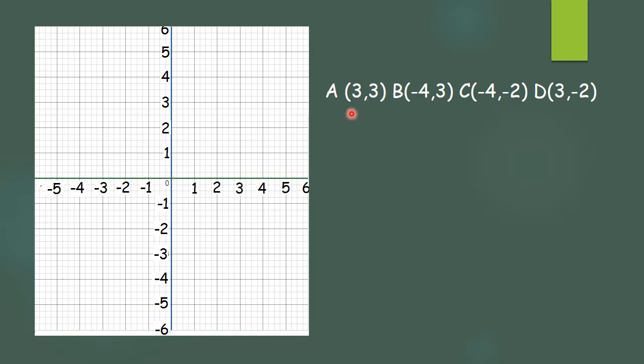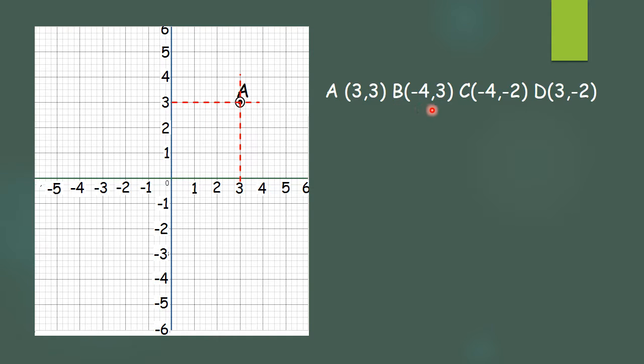Now you know how to plot it. (3, 3) means passing through the 3, draw the line. As the point lies in the first quadrant, we'll draw the line above, that is (3, 3). So first we'll draw the line through 3. Another, that is we'll draw the line from this 3 parallel to the x-axis, and where they intersect, that is our point A.